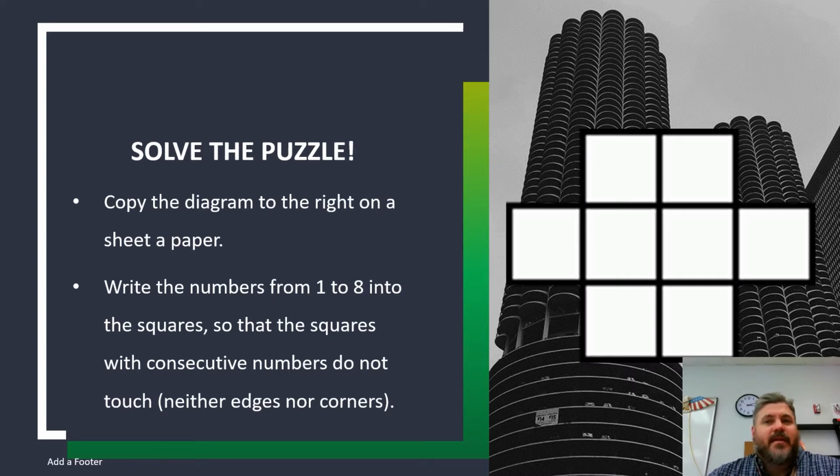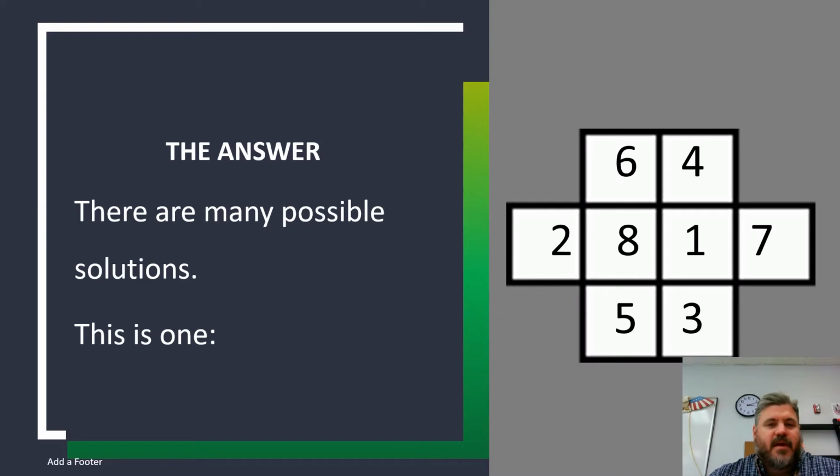So when we look at a problem like this, it's a relatively simple puzzle, but it gives you a chance to see that there's a way to work through these problems and solve it. One of the things that we develop in this class is your ability to test different ways to attempt to solve a problem. With this one, we would typically take a guess and check attempt, where we would plug in a number and see if we can build around it so we can get all the numbers to fit.